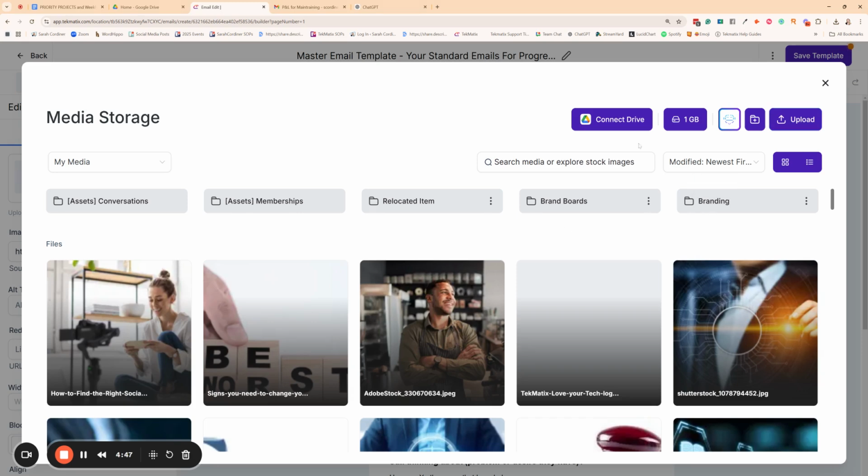You might like to create folders in here. This is your media library. So you might like to have a folder called branding or assets, for instance, which includes your logo. So I'm just going to type in logo. So if I've got anything in this